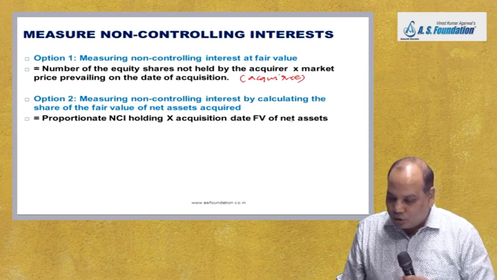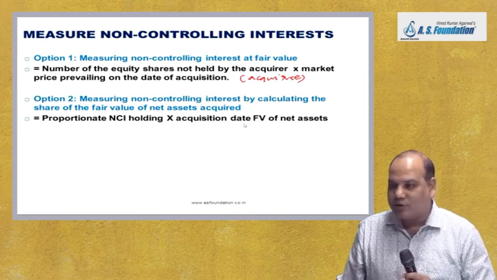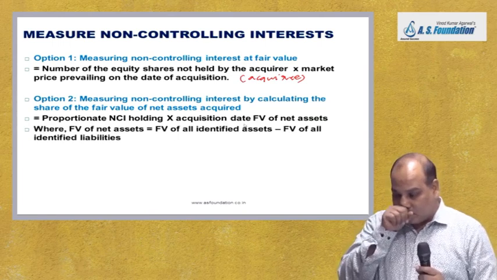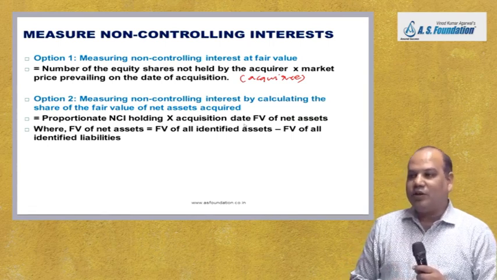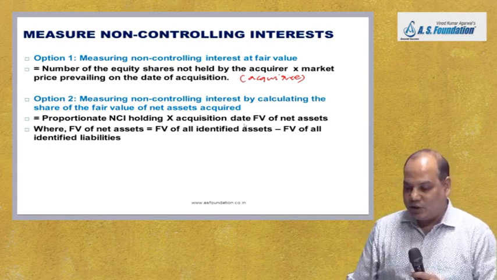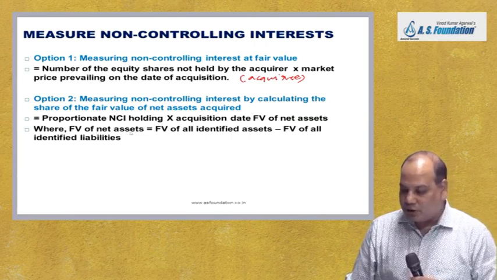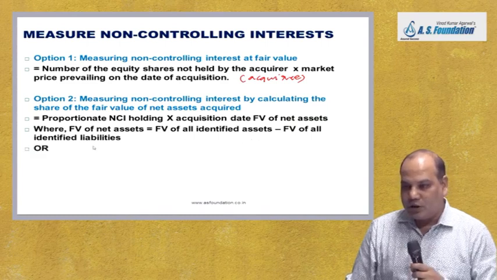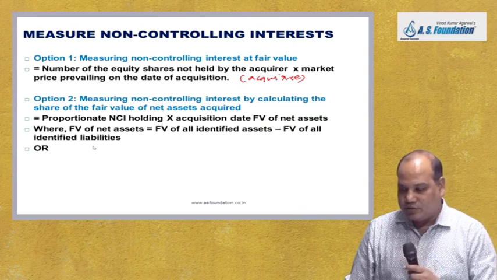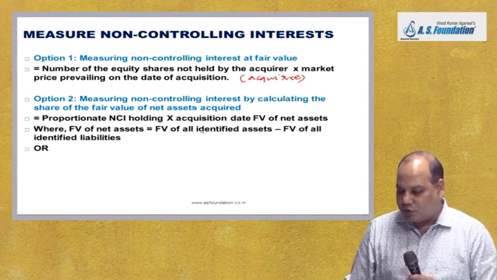So first you do all adjustments in the net asset of the subsidiary and then multiply by the NCI holding percentage. How do you get the fair value of net asset? Fair value of all identified assets minus fair value of all identified liabilities. Suppose you have to use this route, the asset minus liability route,